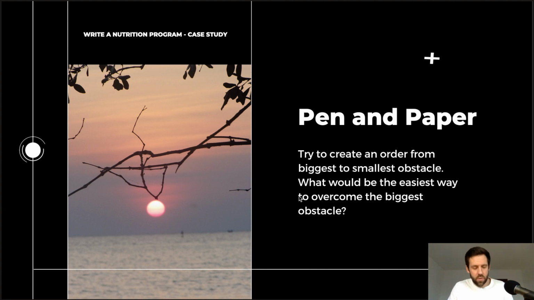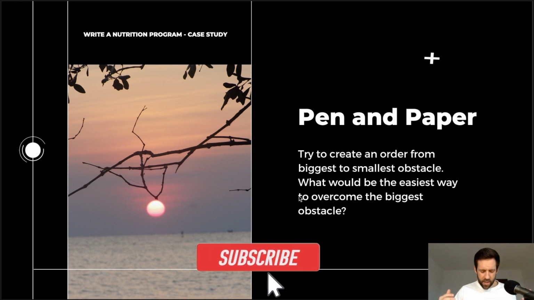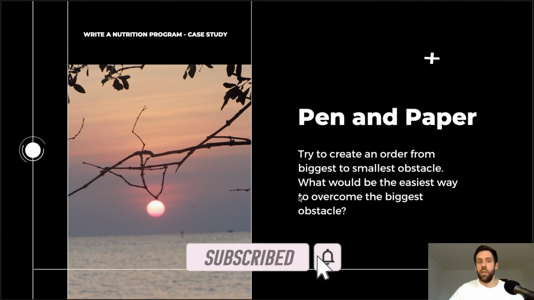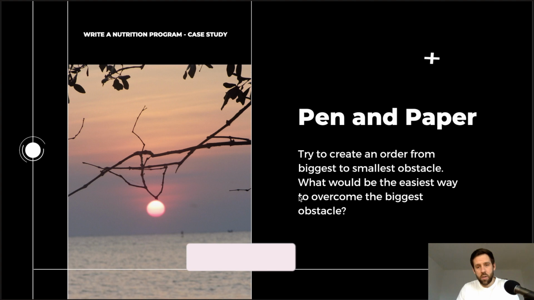And the easiest solution for her is to have something maybe even at work. She changes after work and goes for a run immediately after. So she already has all the energy out when she leaves the office. So create an order of the challenges, biggest to smallest, and then see what could be the easiest way to